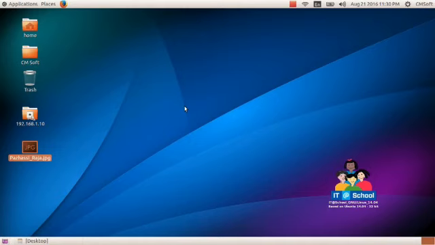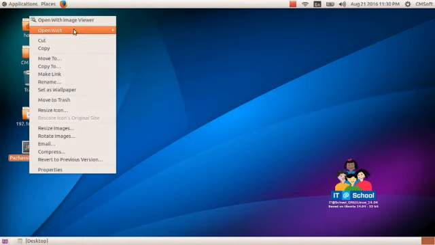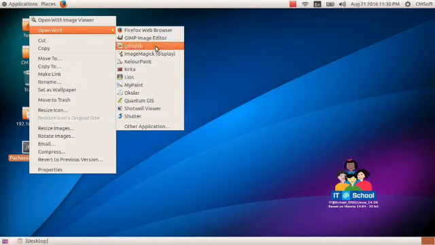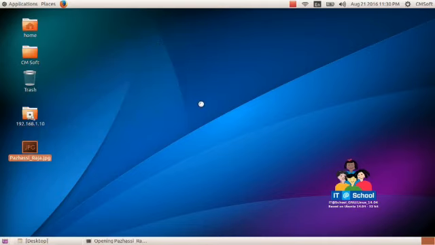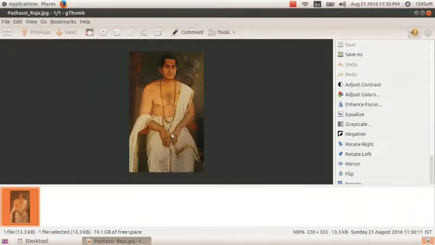Okay, then open the file. We can see an image. Then close it.